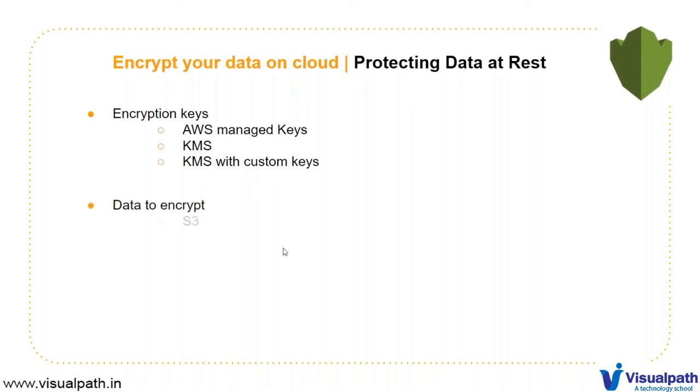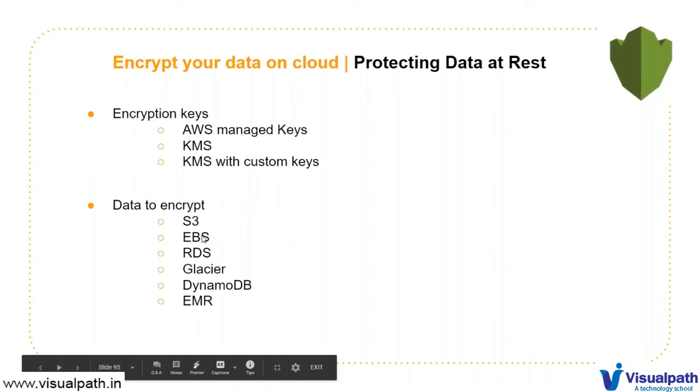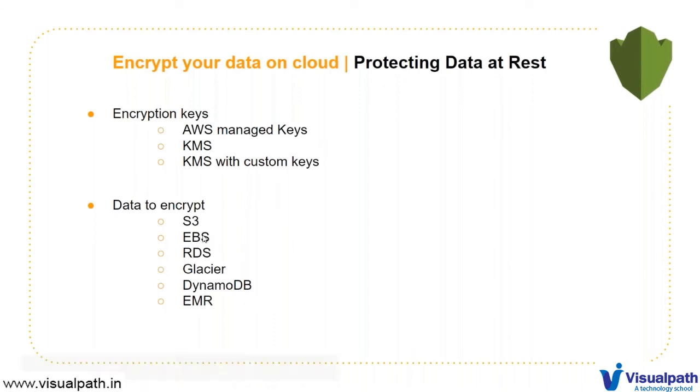So what are the data stores that we can encrypt, right? You already told me. You have S3, you have EBS, you have RDS, Glacier, DynamoDB, EFS, EMR, Elastic MapReduce for Hadoop cluster, right? And wherever you see data at rest, there will be an option to encrypt it. Okay, so you don't really need to memorize this. What are the services and all? People may not even ask you about this. When you use a service, like when we create an S3 bucket or an EBS volume, we have an option of encryption. In RDS, we have an option of encryption, and we'll see the option of the key.